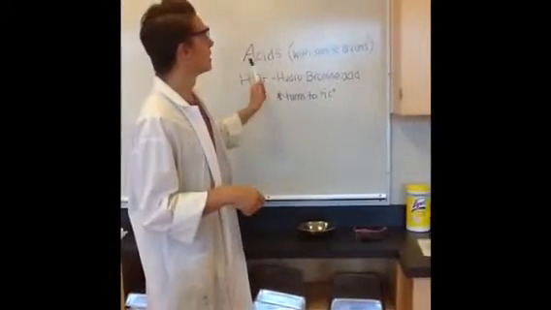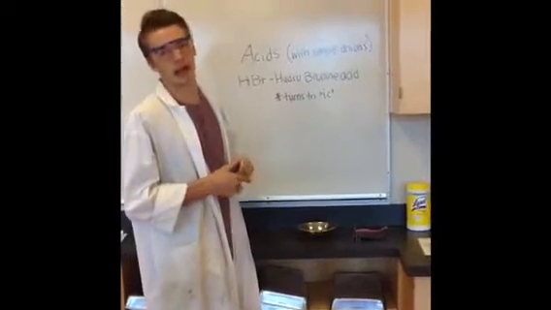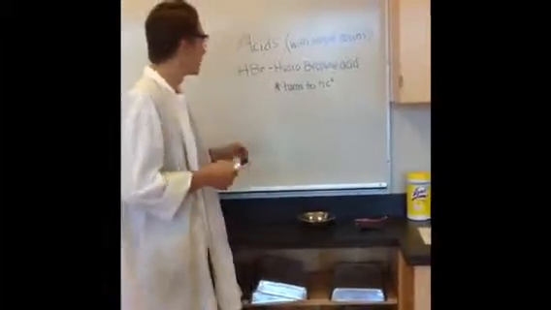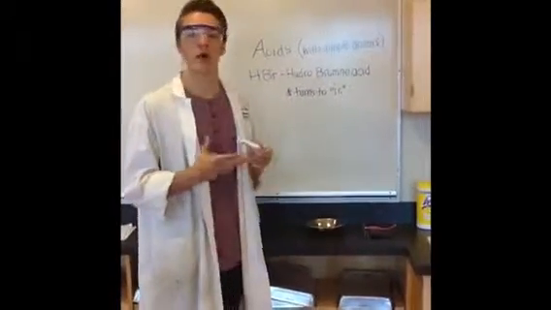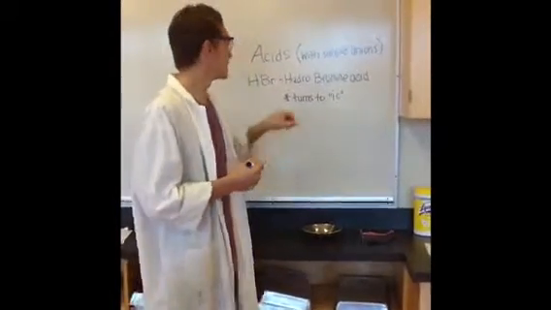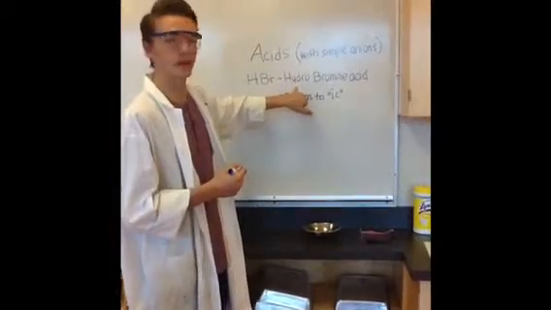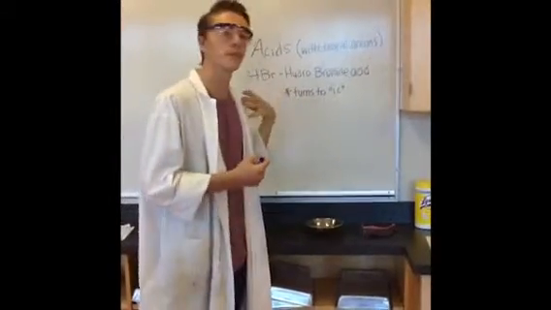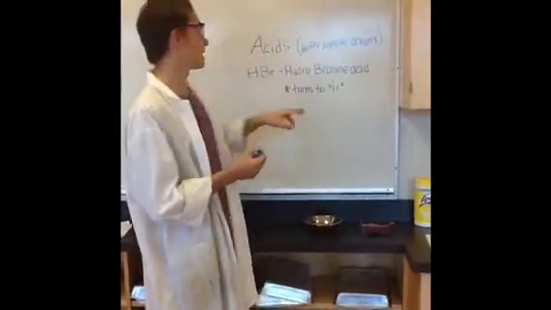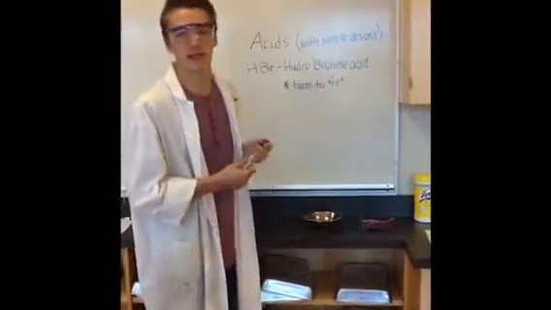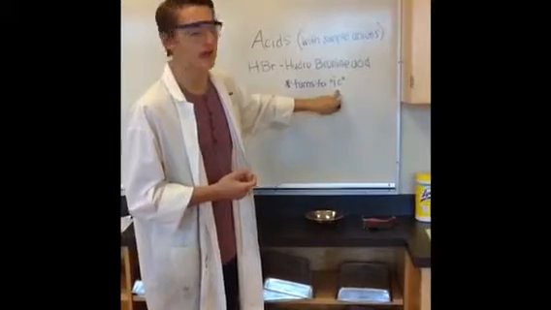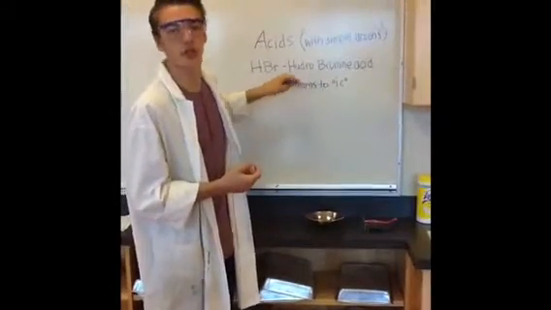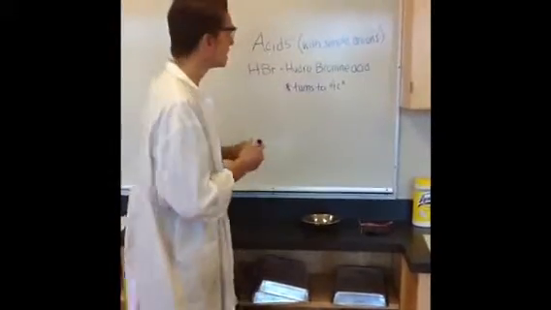Learning about acids with simple anions. Now, an acid is when hydrogen combines with a non-metal. In this case, hydrogen is combining with bromine. Now, the ending, if it ends in INE, you would change that to just IC, and the hydrogen just changed to hydro. So in the end,